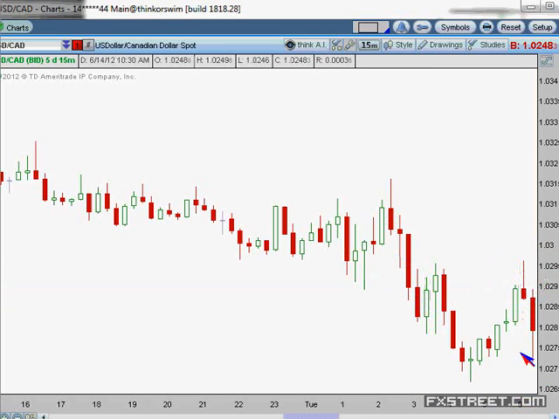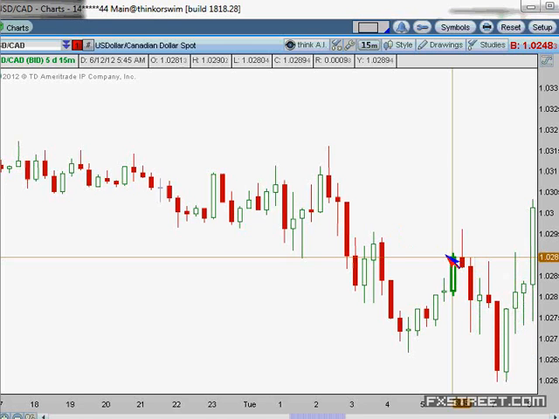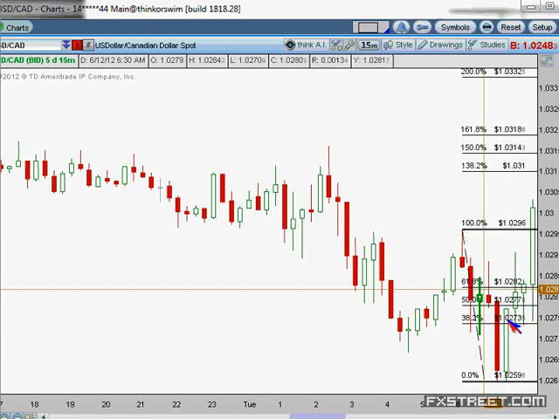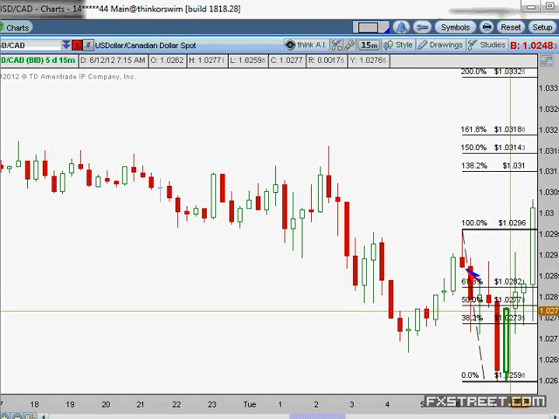Selling that, placing your stop above. Price drops. We have to tighten up our stop. Small loss on that one, but again, here's the fade the trade. When you see it pull back and close inside that 38%, not only can you take your winner off the table, but then look to fade it back up to 100%. That one would have worked out very nice as well. Let's jump over to,